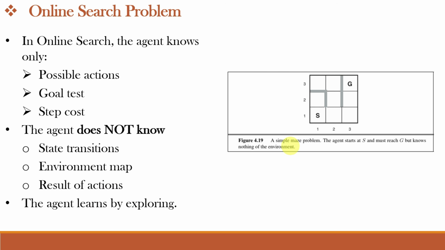This figure shows a simple maze. There is a robot which has to reach the goal state G. It starts from the initial state S, but initially it has no absolute knowledge of the maze. So every movement becomes an experiment. For example, if it goes in the upward direction, it gets stuck due to this wall and it cannot move ahead. If it moves right and goes upwards, eventually it will again get stuck. So after each movement, the robot gains new information and slowly it builds its own map towards the goal.